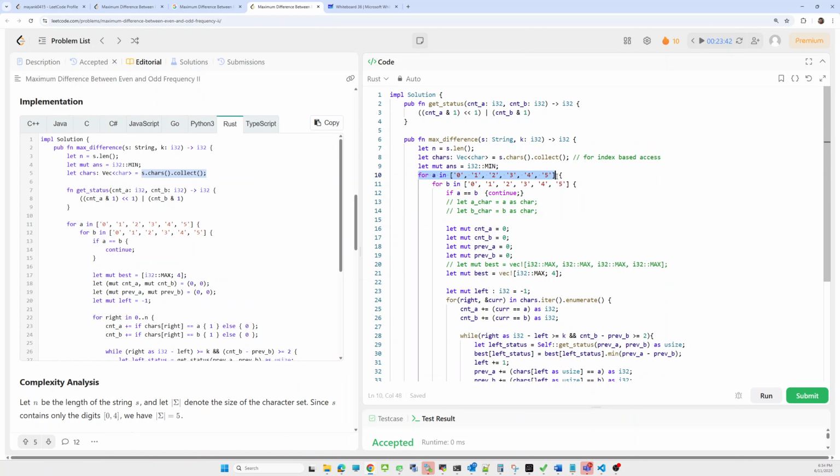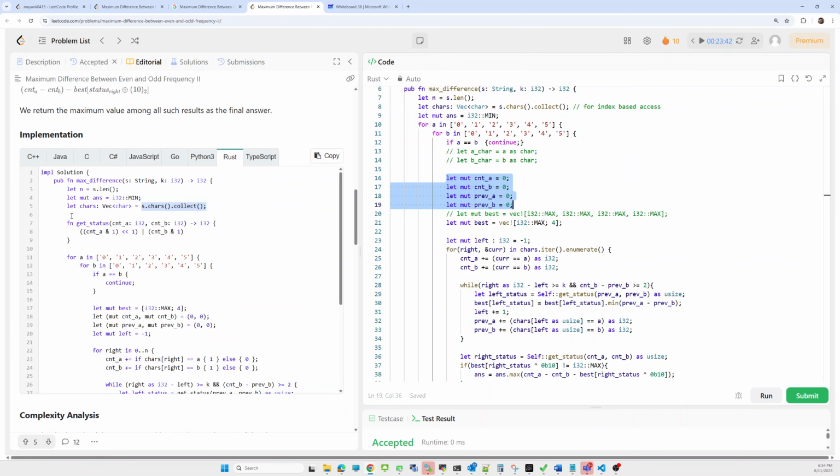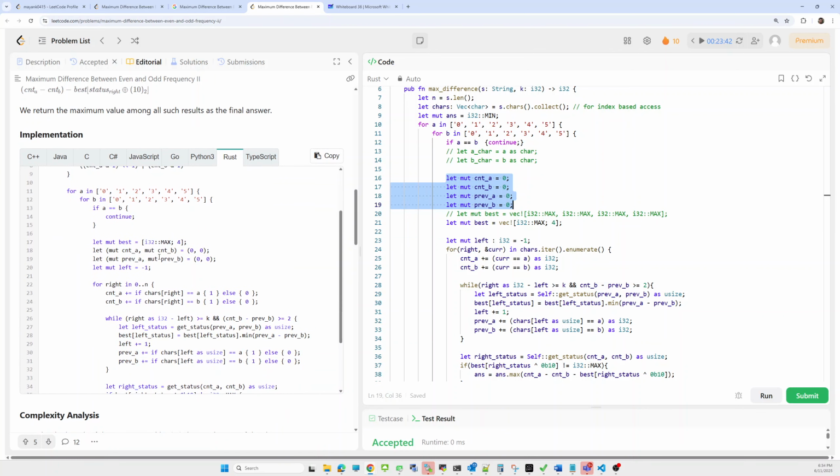Here we are iterating over this. Still I have a doubt why it is not iterating over this file. Here we are creating four variables of different sizes, but in his implementation, how is he creating it?